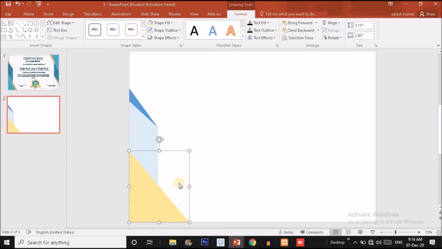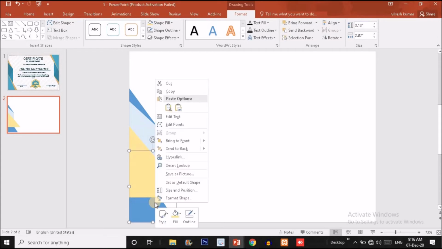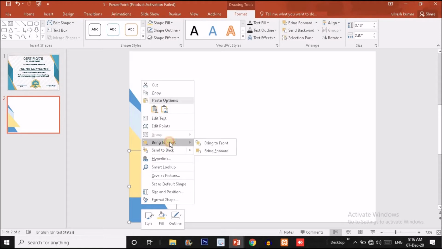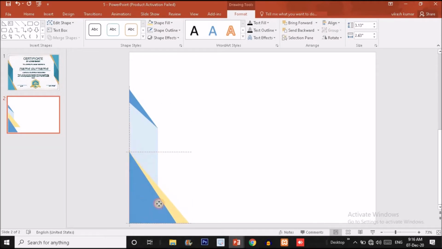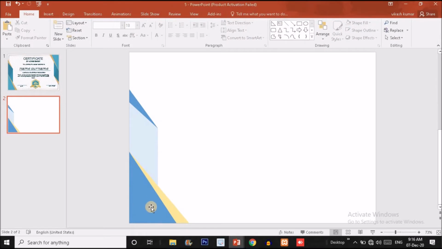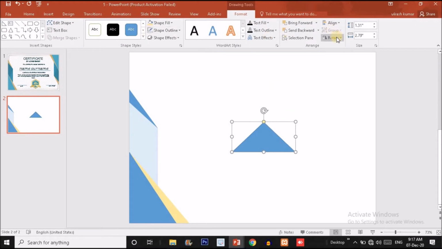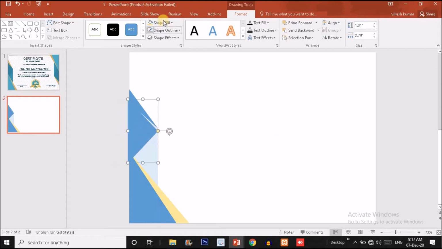Right click over here, you can send it back or you can send this triangle in front, means this blue triangle, bring it to front like this and put this just back to this triangle like this. Okay, so this shape is ready. Now finally I will again choose an isosceles triangle and drag an isosceles triangle, make it no outline, just rotate it right 90 degrees and put it over here. Before putting it over here, I'm going to change the shape fill to something green so that we can differentiate between these shapes.